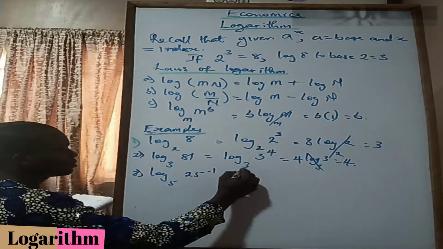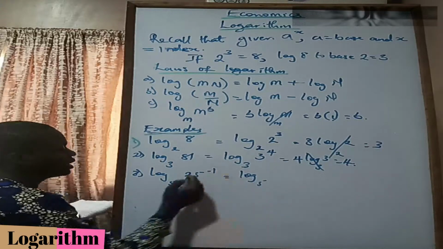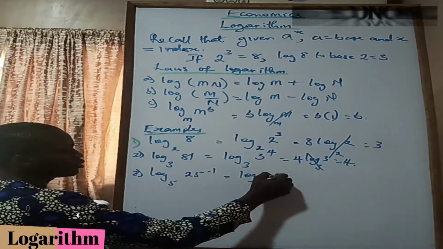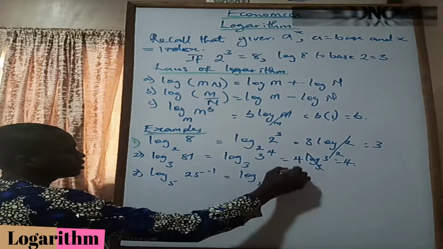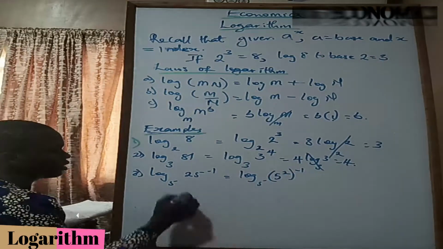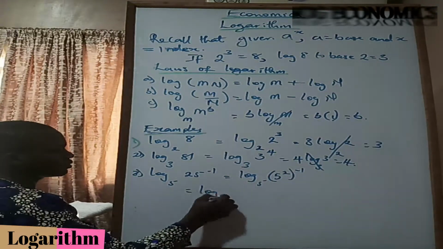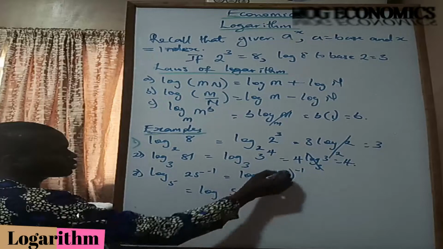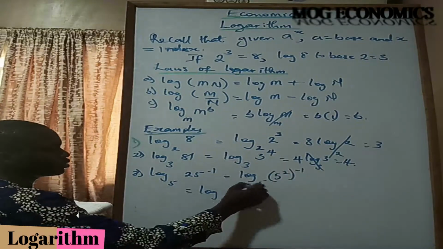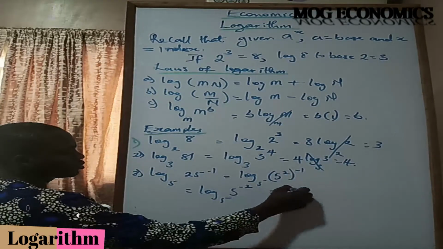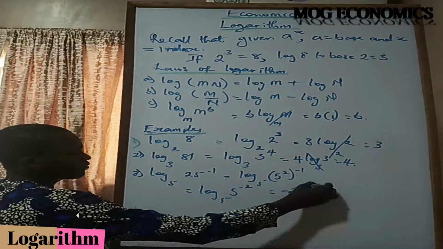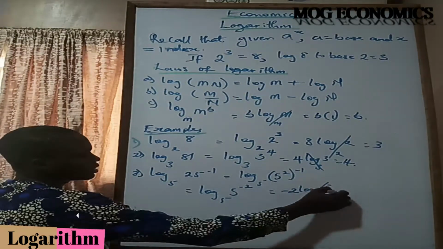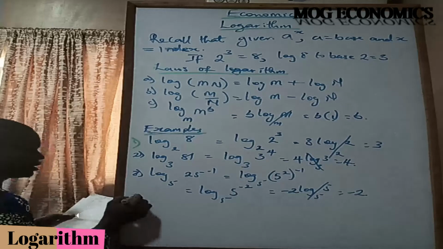This is going to give us log base 5. Now 25 on its own is 5 squared, 5 squared raised to power minus 1. So that's going to give us log 5, 5 raised to power 2 times minus 1 is minus 2. So we have minus 2 log 5, 5. Those cancel out, and our final answer is minus 2. So there's a fourth